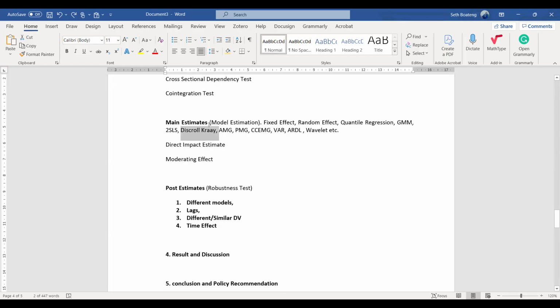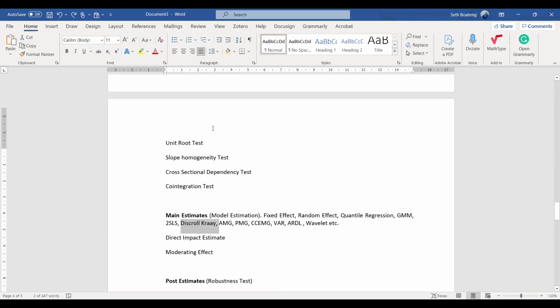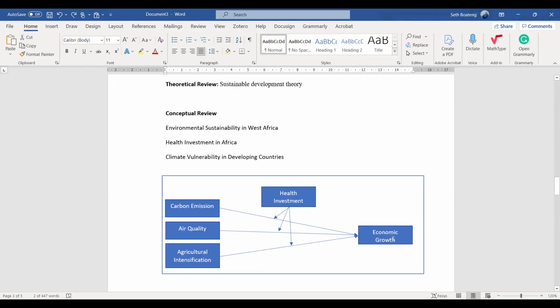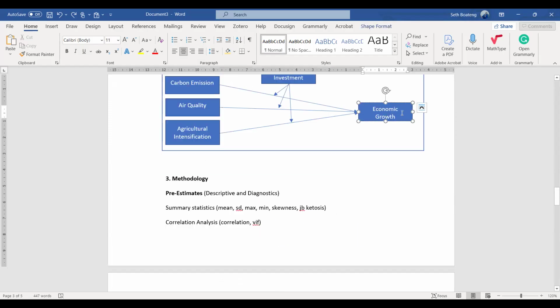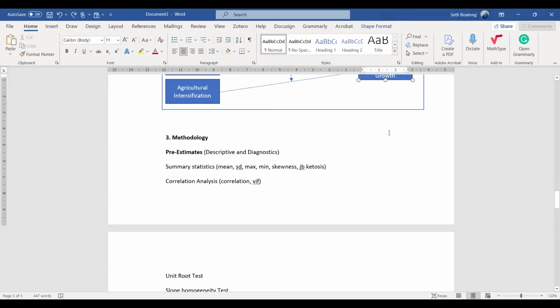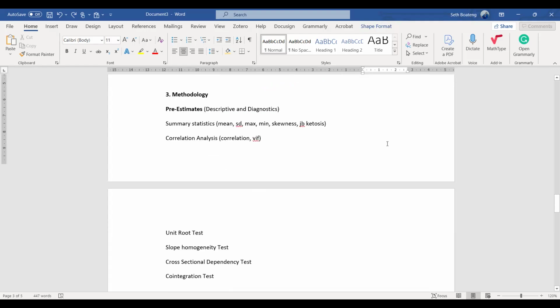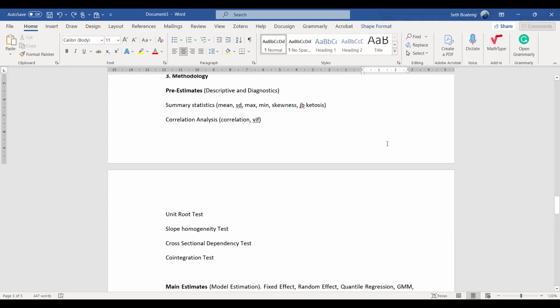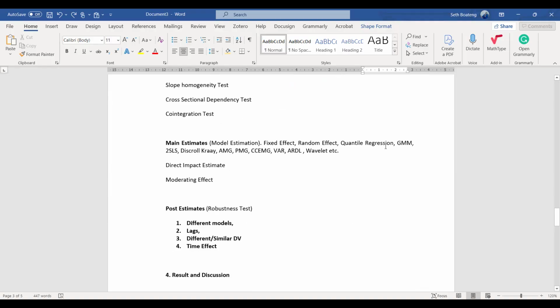You can lag your dependent variable. So maybe the dependent variable is economic growth. We can lag the dependent economic growth by 1 or by 2. So we can do 1, 2, 3 lags and test it and see whether we will get same results or different results.